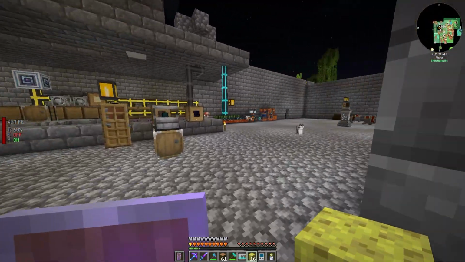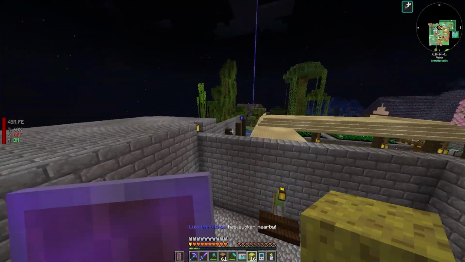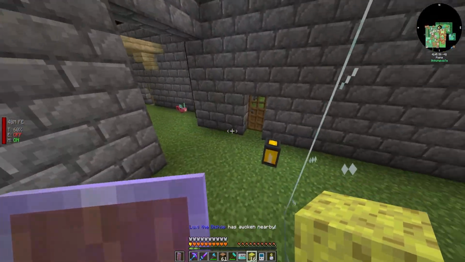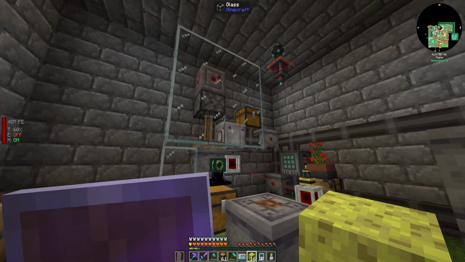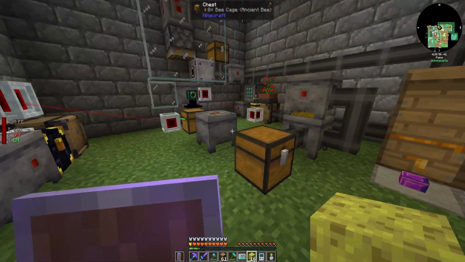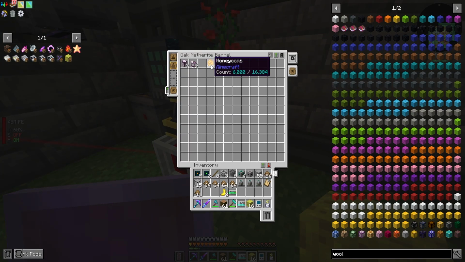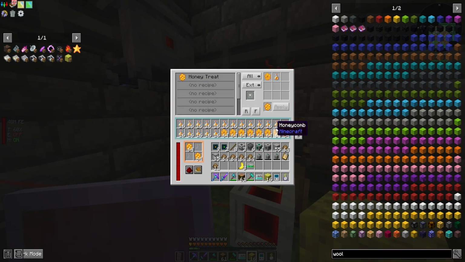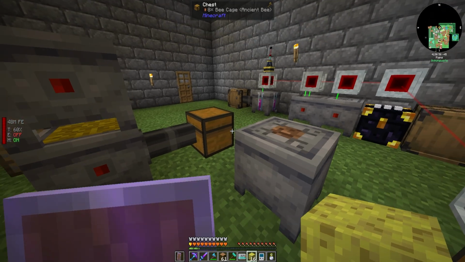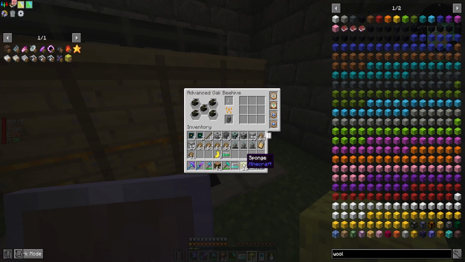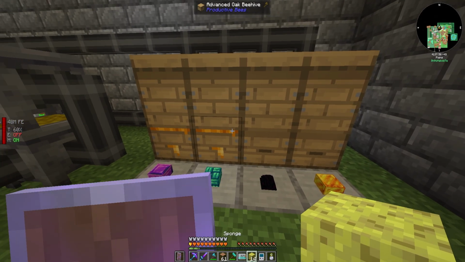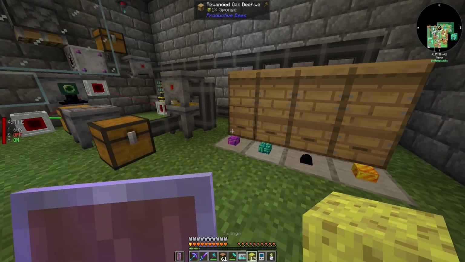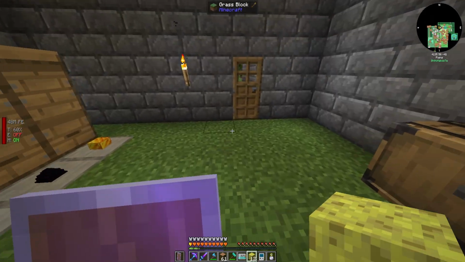Something that is getting a little bit out of hand over here and causing some problems. And that is the additional honey. I'm not doing a whole lot anymore as far as breeding goes. So really what's happening now is this area is getting filled up full of honeycombs. And this area is getting filled up full of honey. And I really don't need any more of that. So I have heard that if you put a sponge in there, it will prevent the honey from coming out anymore. So we're going to do that. Very good. See, now we don't have to worry anymore about the honey coming out of there.